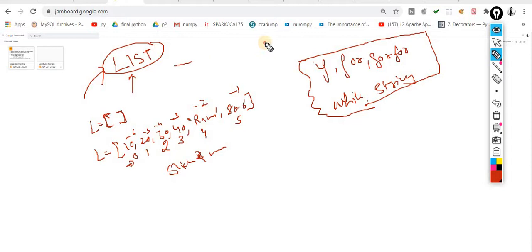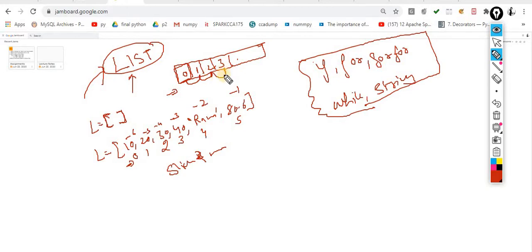Just like in your street, the house number 0. Immediately after house number 0 there is house number 1, then house number 2, 3, 4, 5. If I start counting from here, automatically I know this place is reserved for 0, this place is reserved for 1, this place is reserved for house number 2, this place is reserved for house number 3.